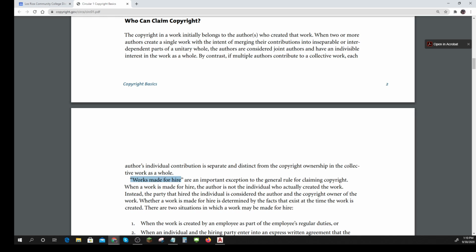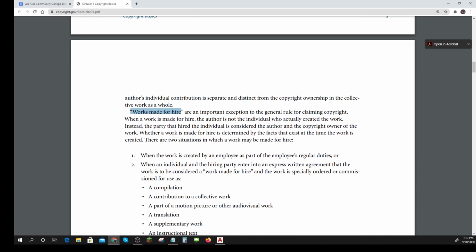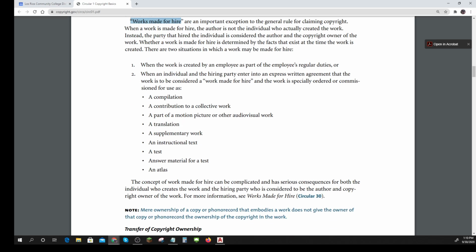Works made for hire are generally exceptions to claiming copyright. That's why if you do something and you're paid while you're doing it, you don't get to claim copyright for it. So here are some examples of that.